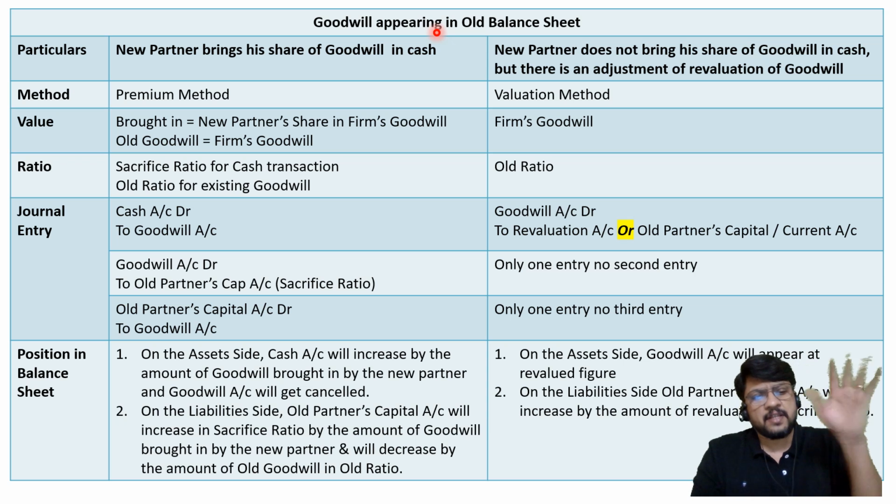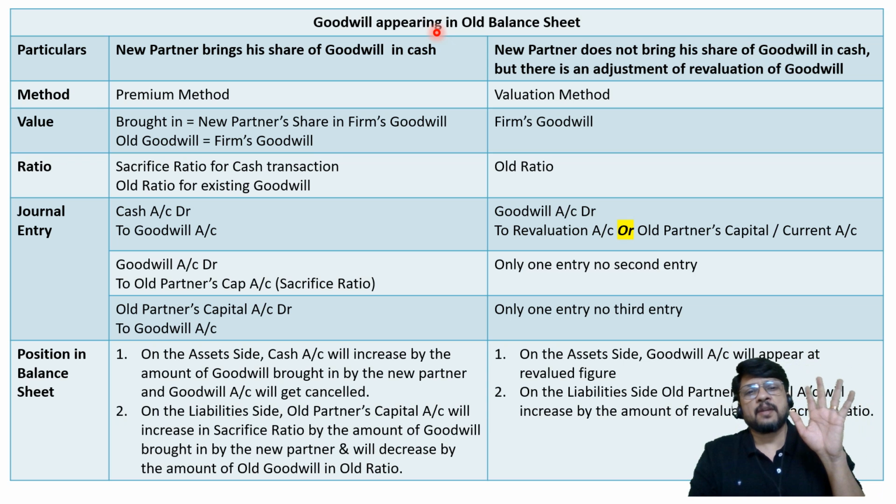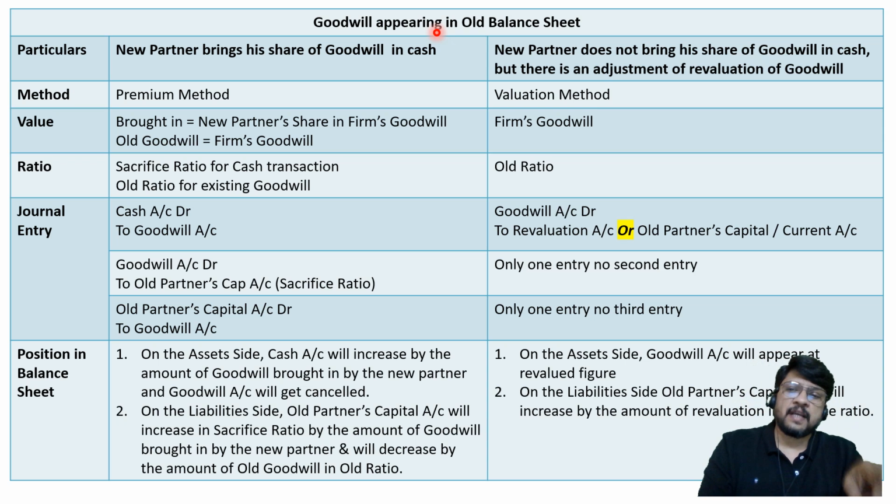There are various reasons why goodwill may appear in the balance sheet of the problem. But if it is there and plus the adjustment is telling you that new partner is bringing his share of goodwill in cash, that means again it is a premium method, because whenever cash is coming in towards goodwill, it is called as premium method. But in that case, remember value. How should we consider value? For the amount of goodwill brought in by the new partner,